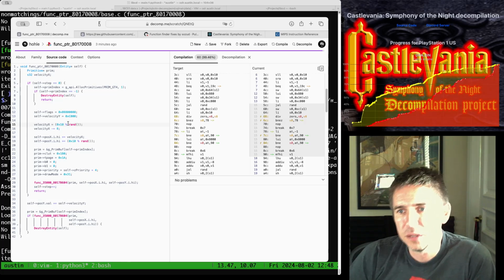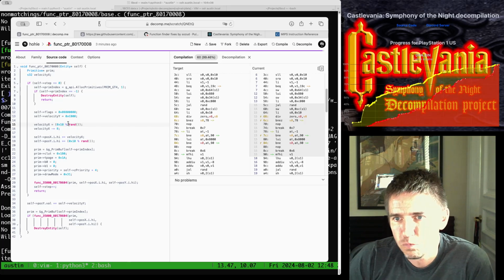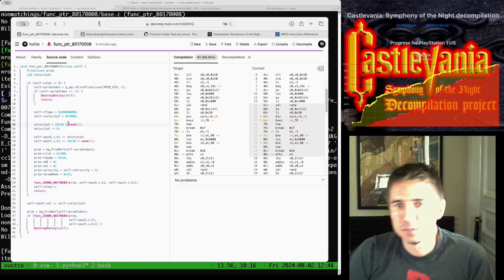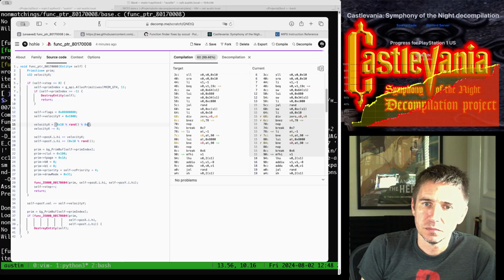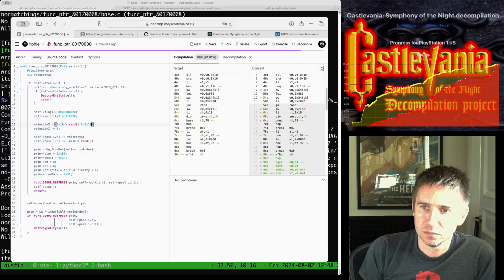The V0 and S0 are being inverted. Which reads to me like this, except